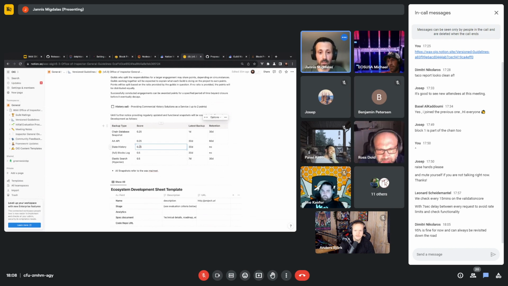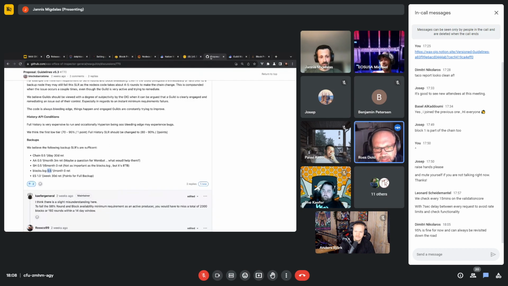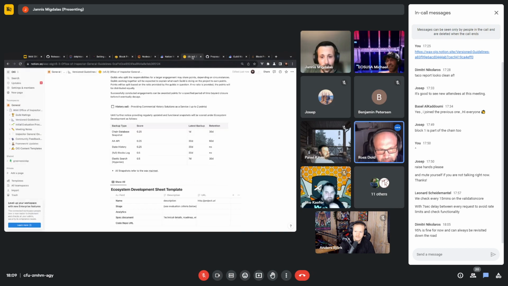And I think that state history backup, that's not what I recommended. A full state history backup of 8 terabytes every month is a little bit crazy. Yeah, it's not exactly the points you proposed, but backing up the state history every month and providing that is a bit crazy.